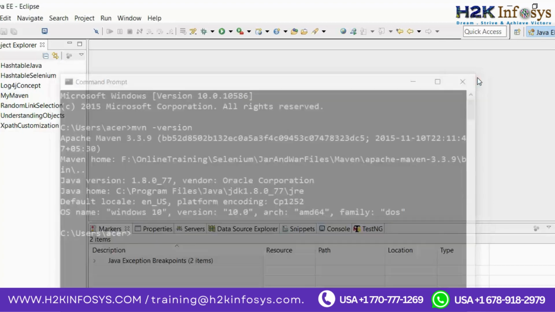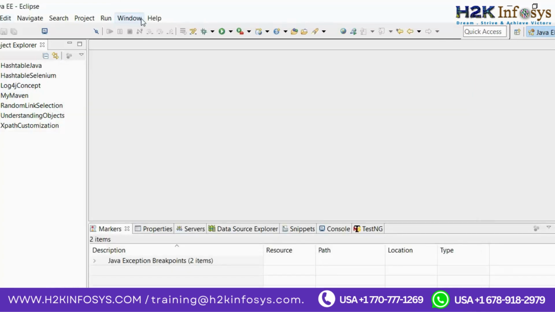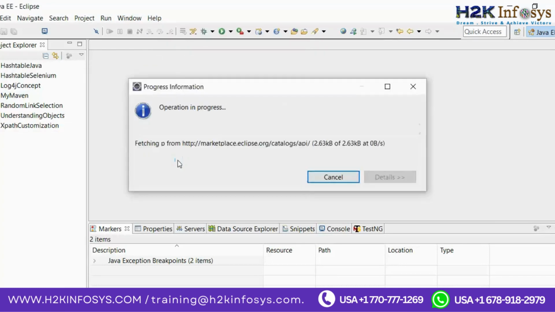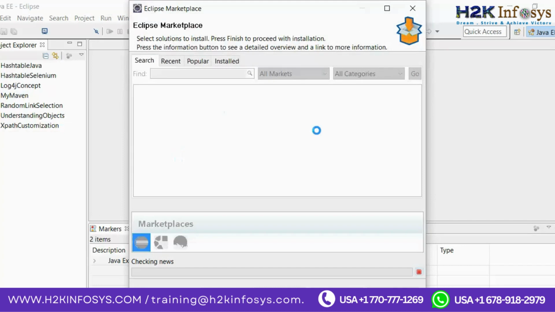Now close the command prompt, then go to your Help menu, and go to Eclipse Marketplace. In the Eclipse Marketplace, stop whatever it is trying to search, go to the find text box, write down Maven and click on the go button.